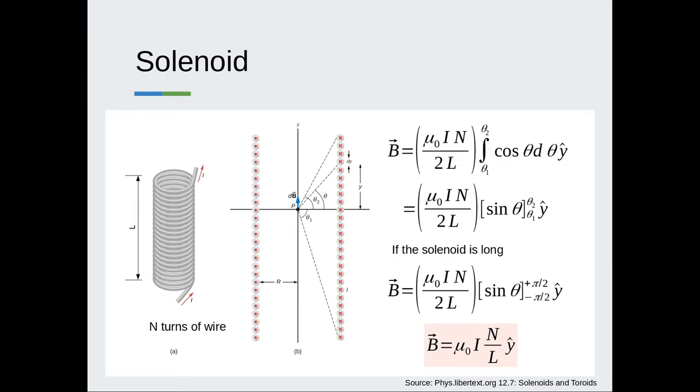And n over L multiplied by I. This is simply the total current. No, the current density, sorry. This is the current density on the solenoid. 所以 N 除以 L 乘上电流 I，它是你的螺线管上面的电流密度。